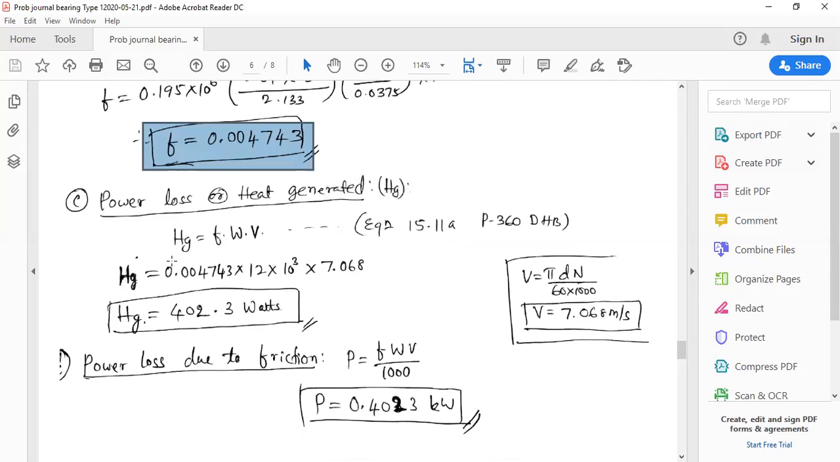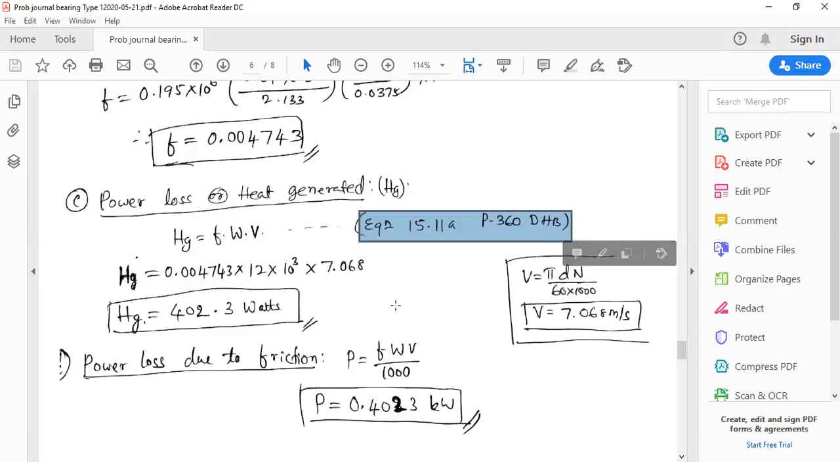Now by using this coefficient of friction, we can calculate the heat generated and power loss. Power loss is nothing but the amount of heat generated during the functioning or due to friction. Heat generated is given by f into W into V. f is the coefficient of friction, W is the radial load, and V is the velocity. Available in the data handbook, page number 360, equation number 15.11a. So Hg is equal to